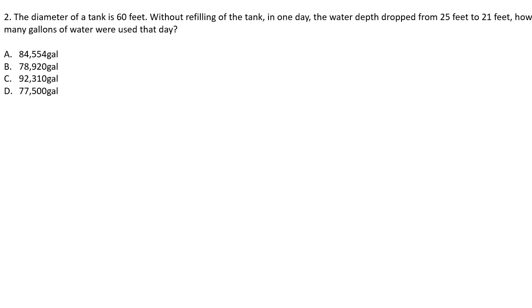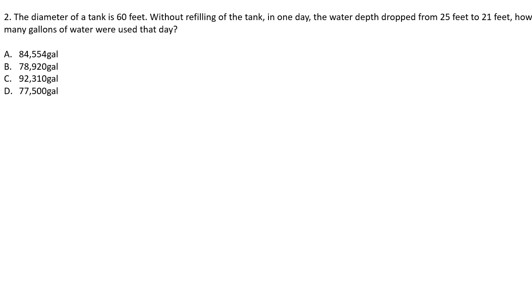Question 2. The diameter of a tank is 60 feet. Without refilling of the tank, in one day, the water depth dropped from 25 feet to 21 feet. How many gallons of water were used that day? A. 84,554 gallons, B. 78,920 gallons, C. 92,310 gallons, or